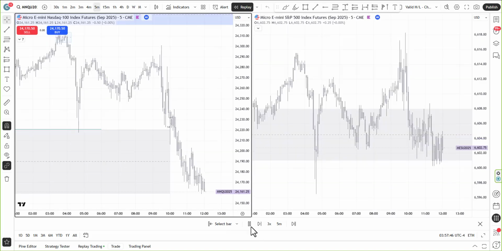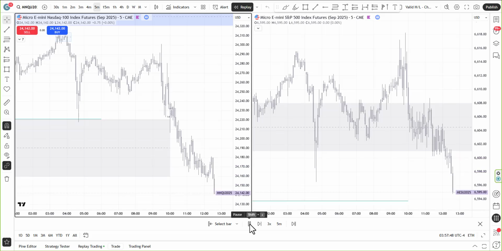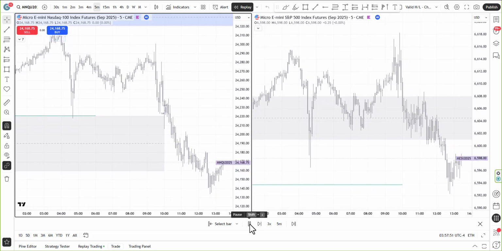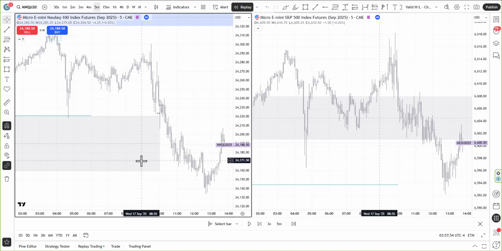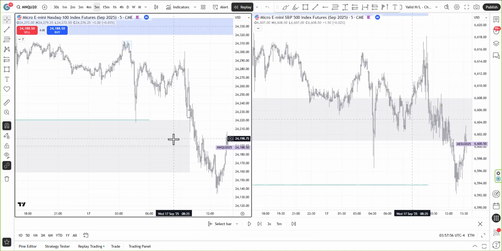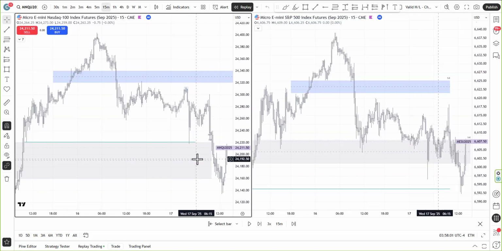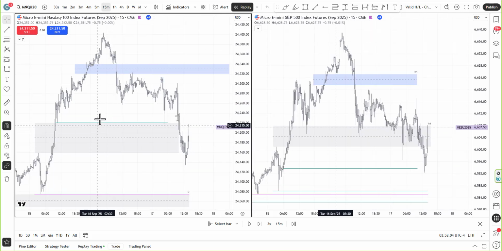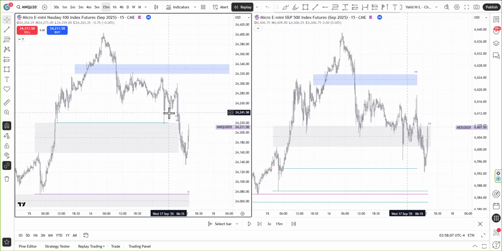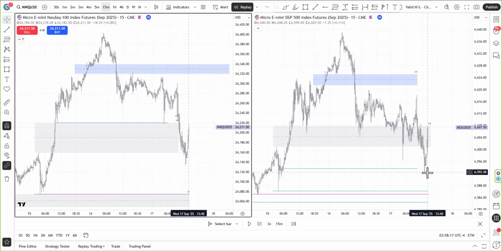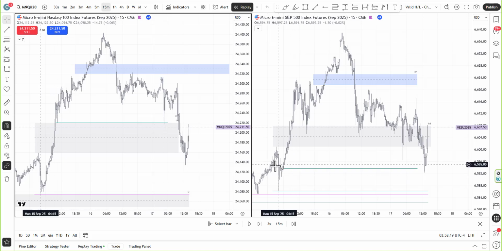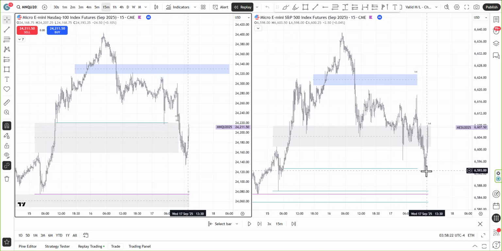So let's just move to the 5 because this goes faster. Okay, so we're now closing in on the 2-hour mark, and I'll just pause it here. From this moment on I was reviewing, okay, if I go back to the 15 minutes, what is price actually showing me? We completely filled this bearish gap. I don't think we closed below, because I think the close was at 2 o'clock, so we're in this 4-hour candle breaking below this level. We actually took out this level and the first 4-hour level, if I'm not mistaken.